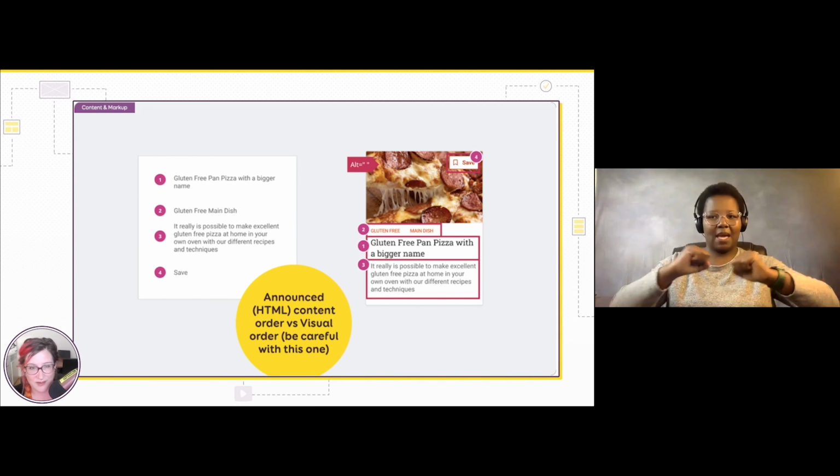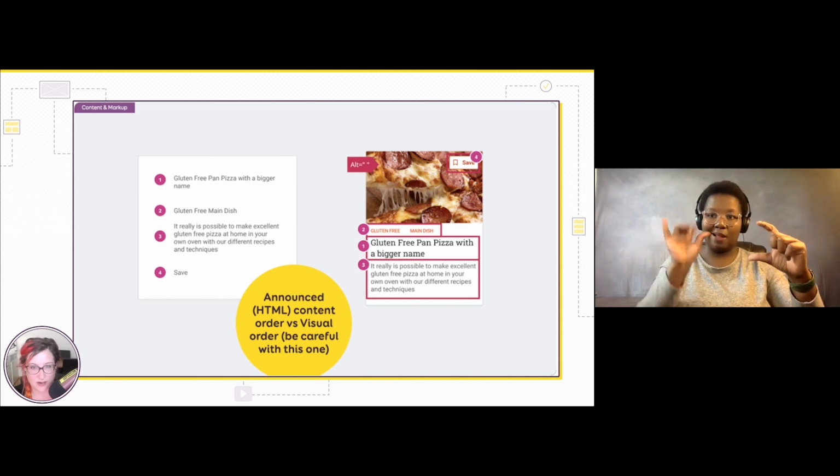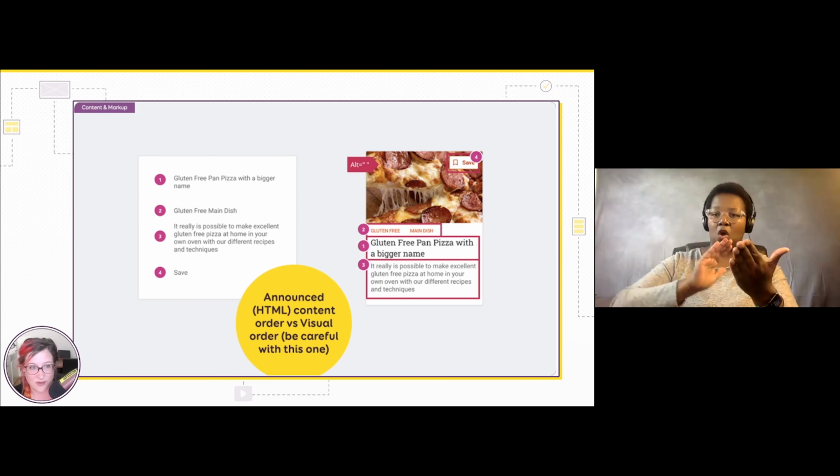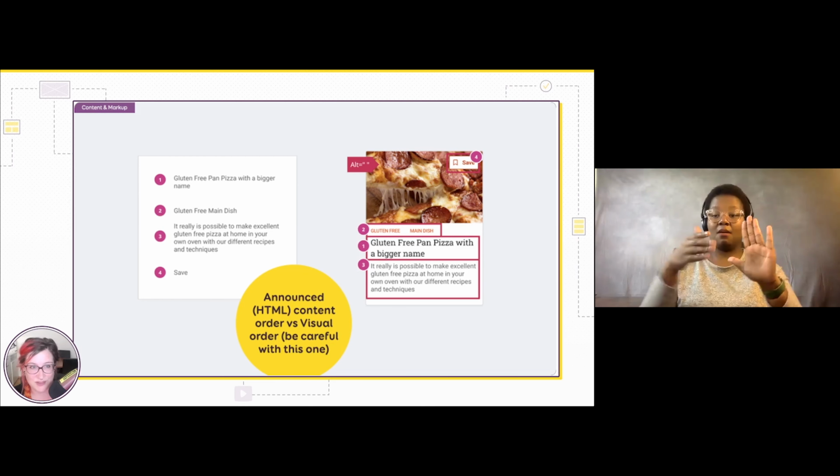So I have a little card, because this is a card design, it's quite trendy at the moment. So it's still my cooking recipe website example. I have a card. In this card, I have an image of the recipe, and I have a save button, but in order to gain space, I've put it on top of the image.